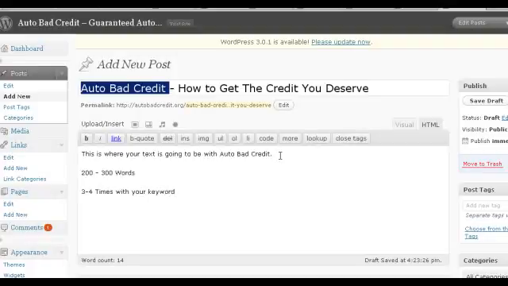Because if you go more than 3 to 4 times, Google is going to look at you as if you're spamming that keyword, and you're going to get penalized, and you're not going to get ranked on the first page of Google. So you want to make sure that no more than 3 to 4 times. One thing that you can spam